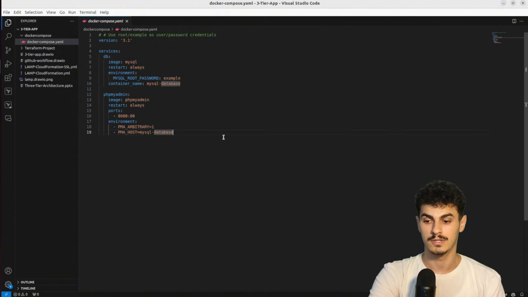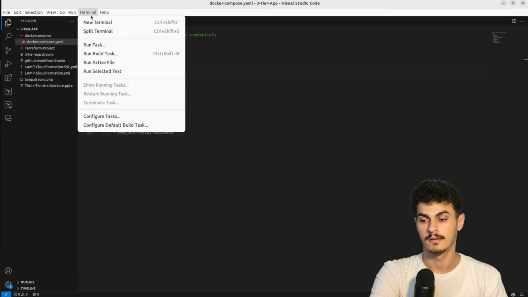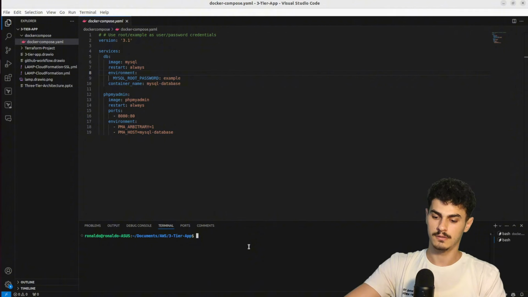This is the Docker Compose YAML file, configuration file. So we have two services, which is the database and phpmyadmin. The database has the image of MySQL, and the container name is MySQL database. We have set environment variables for the root password, which is just an example, and for the phpmyadmin image, we are going to expose port 80 of the container to 8080 of our host, and we specify that the host that is going to connect is the same as the container of MySQL that we are going to deploy. Let's open the terminal, and on the terminal let's go to Docker Compose